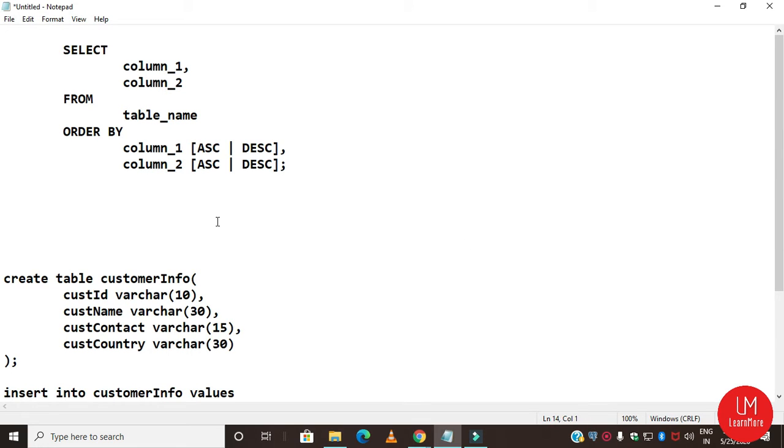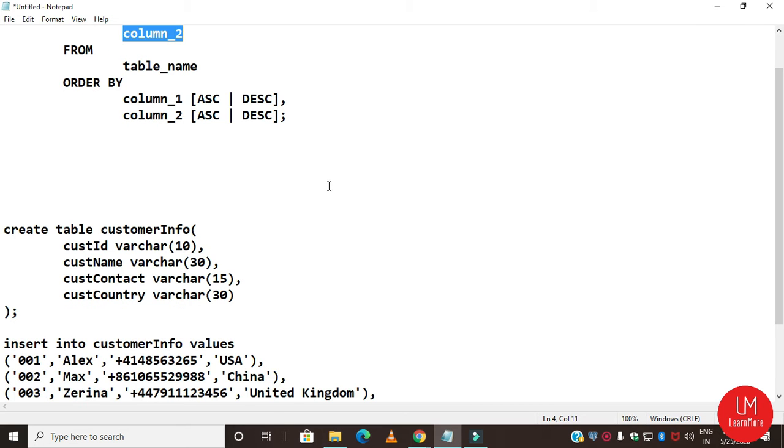Before doing the example, let's check the syntax of the order by clause. As you can see on the screen, the syntax is select column 1, column 2. That means you have to specify the list of columns or an expression that you want to select.